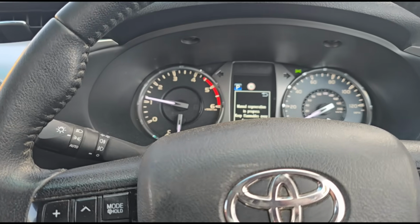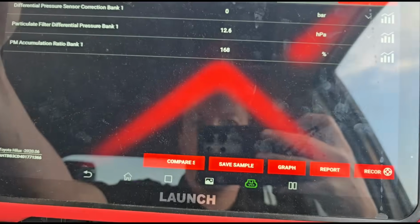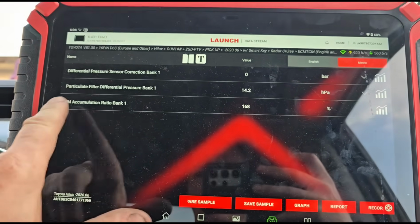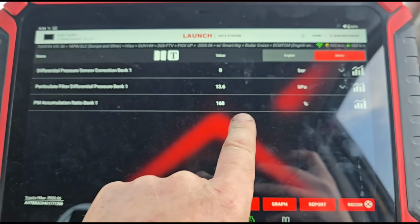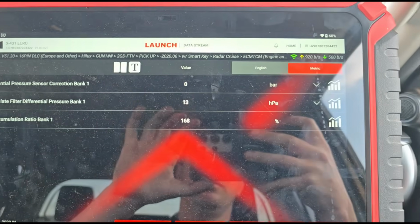So run around about 1200 RPM and the pressure is 13 millibars. We've only got 1 or 2 millibars of pressure at idle, but it's this that won't reset. It's the percentage of soot. Just try and get that to...